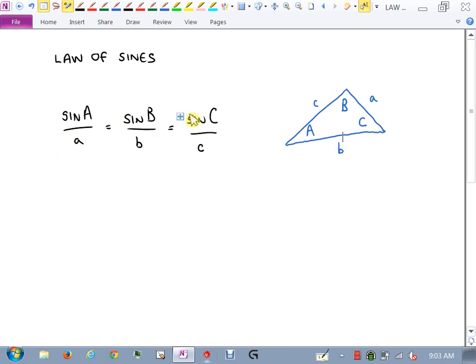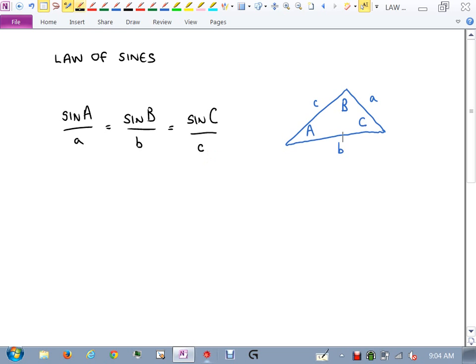And then remember, we said we could flip these over, right? We could have little a over sine capital A, little b over sine capital B, little c over sine capital C. Which one you used depended on what you were trying to solve for, right? That's where we had stopped. We had done a few examples of that. Now what I wanted to do was start with one example to get us refreshed and then show you some strange things that can happen with law of sines where we have to be careful. All right, so let's start out with